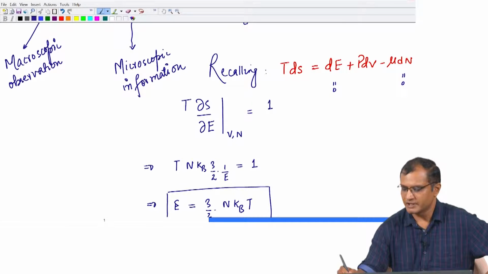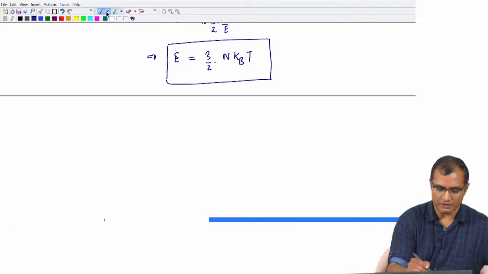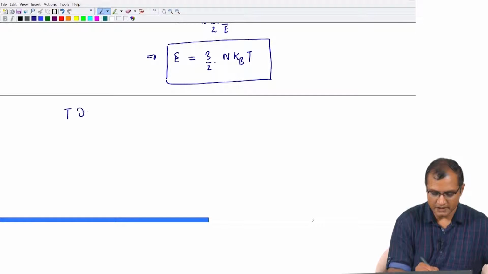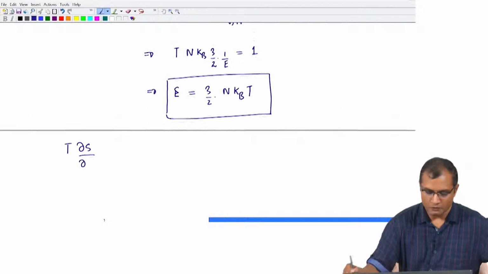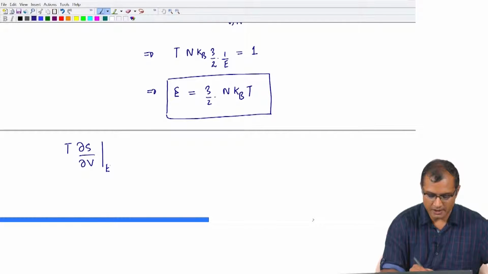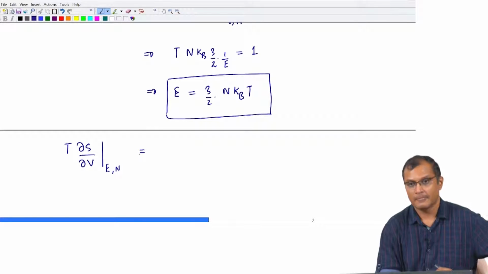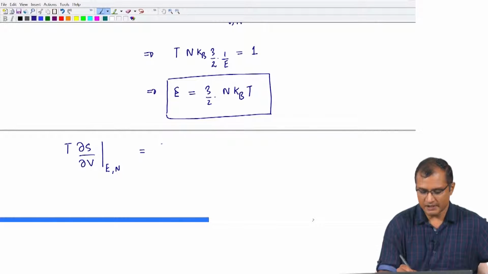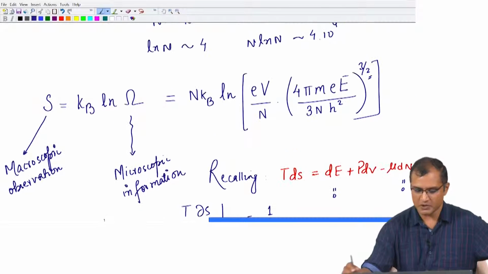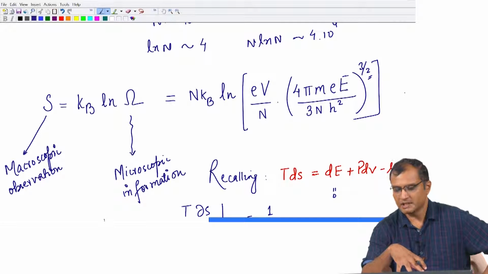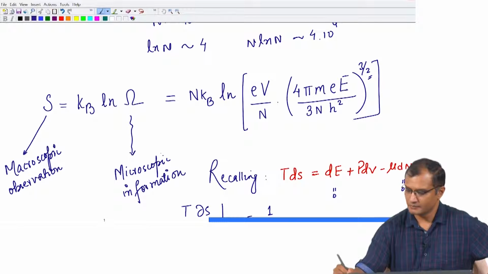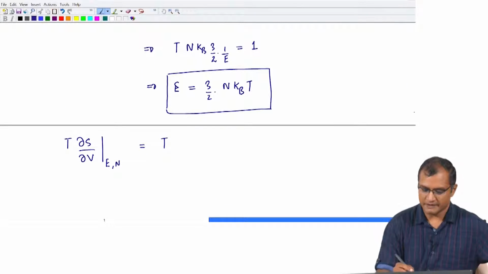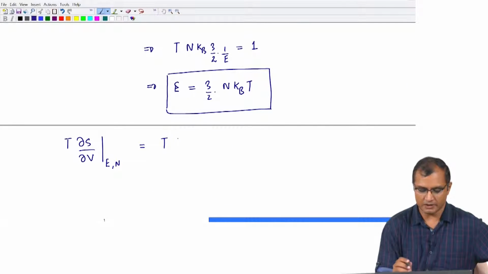So, when you do that, you are taking the derivative of S with respect to volume at constant energy and number of particles, okay. And that will simply give you T times, if you look at the expression of entropy, taking derivative with respect to volume is simply giving you NKB over V, okay,